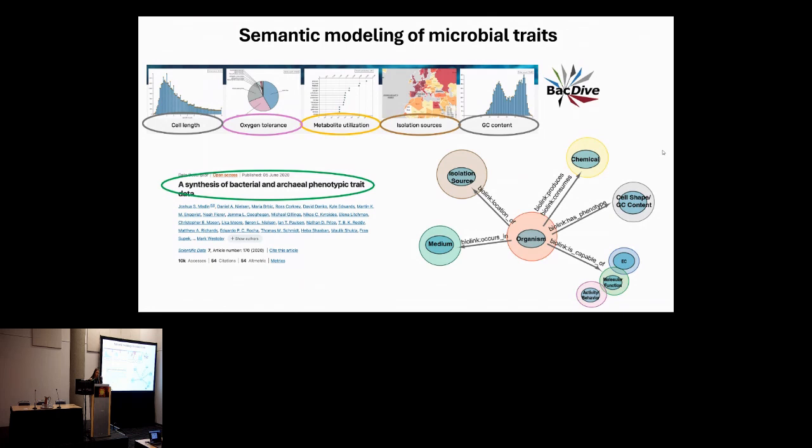And so this is an example of how we were able to then represent the relationship between organisms and the chemicals that they produce or consume, the actions that they're capable of that we aligned to enzyme commission numbers or GO molecular functions, and then a couple other new entity types that we introduced, such as isolation source or media or cell shape or other cell characteristics.